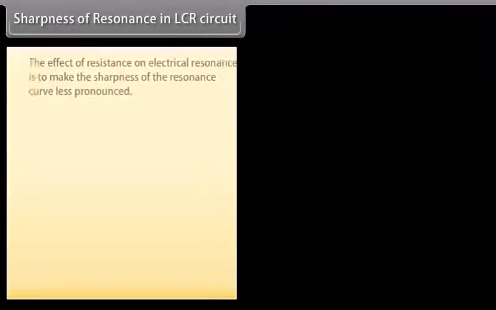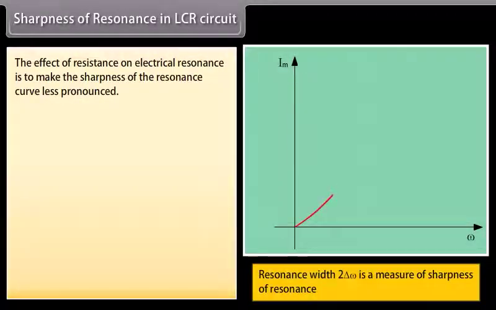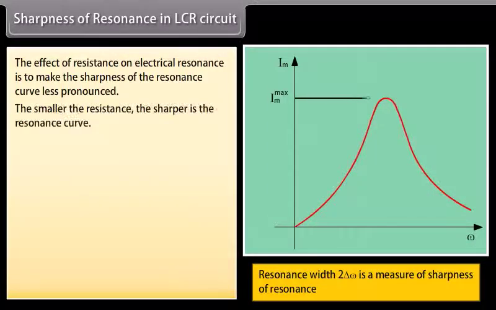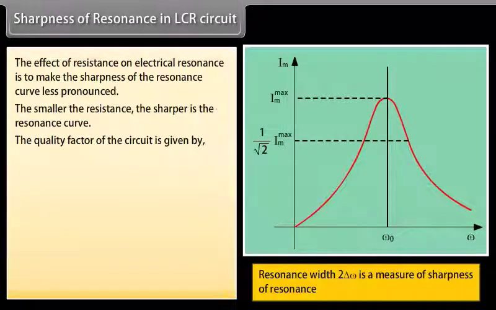Sharpness of resonance in LCR circuit. The effect of resistance on electrical resonance is to make the sharpness of the resonance curve less pronounced. The smaller the resistance, the sharper is the resonance curve. The quality factor Q of the circuit is given by